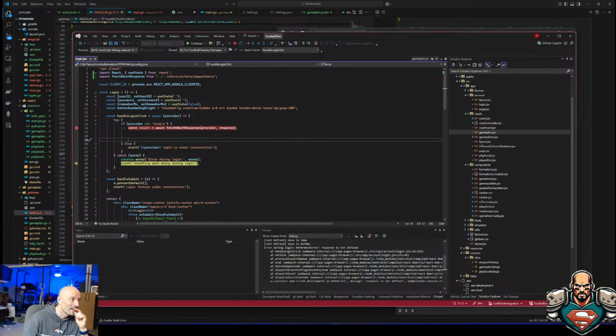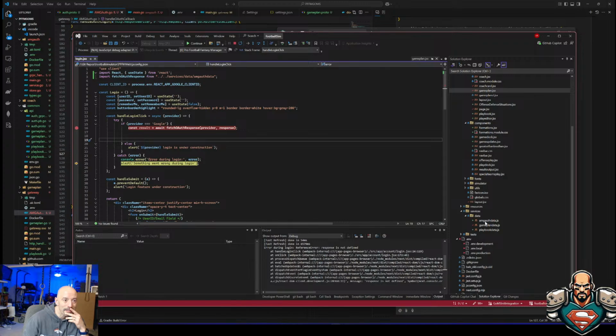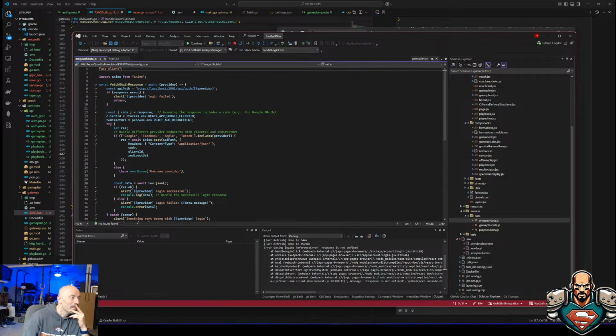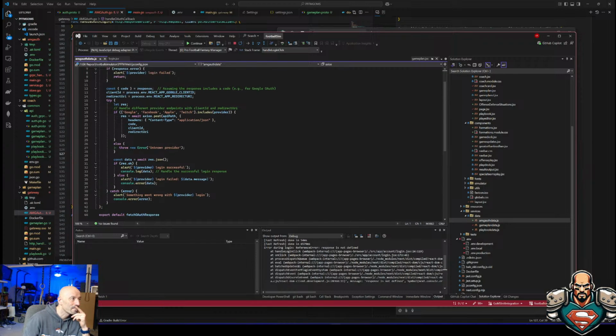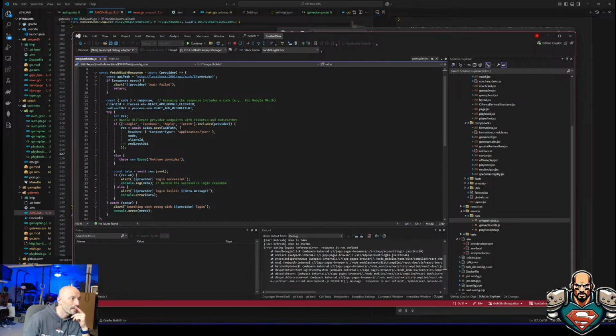Okay, so let's open up my auth data. So we got fetch auth. What is it returning? So we got provider. I don't even have response as an object that goes in.